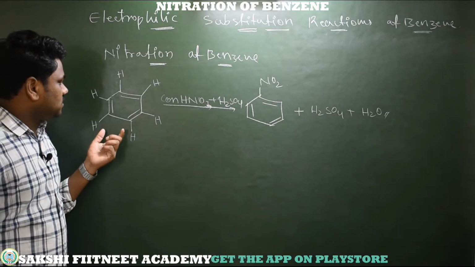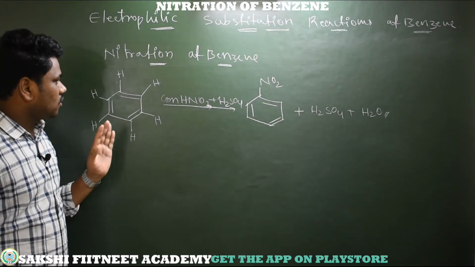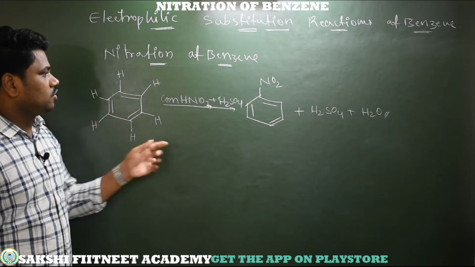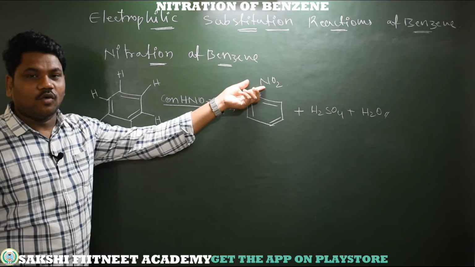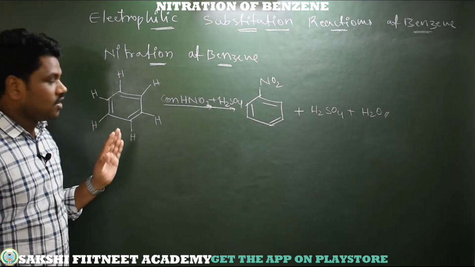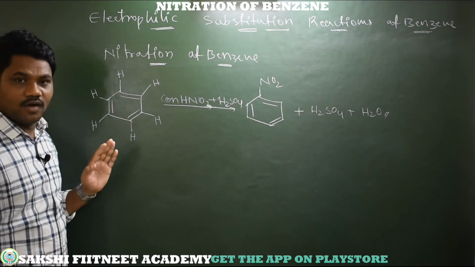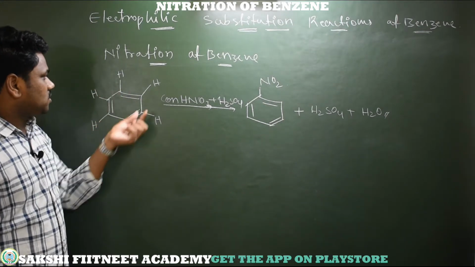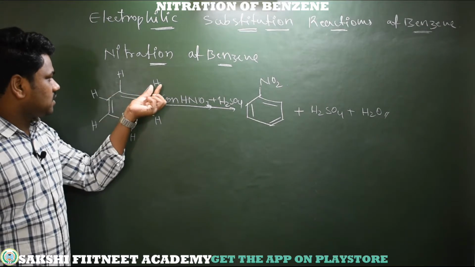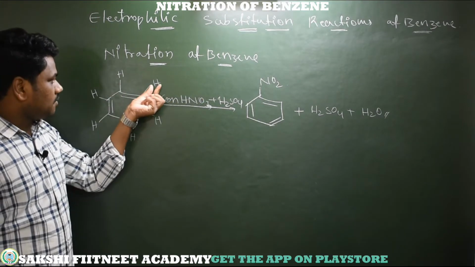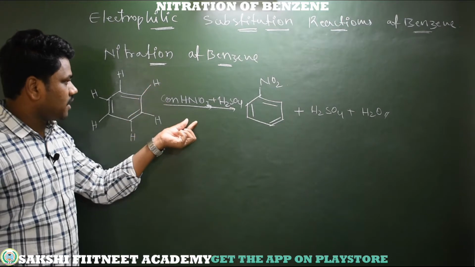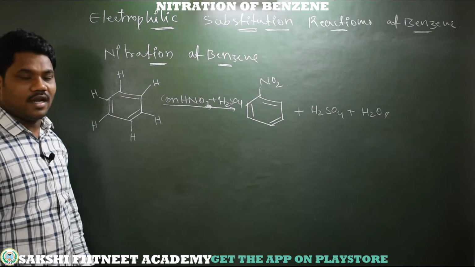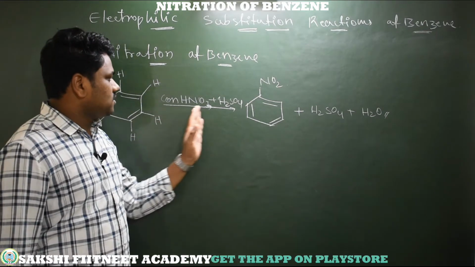Here in this compound it is only simple benzene, not substituted. So you can select any one of these 6 hydrogens to substitute the nitro group, because in the absence of a substituent there is no need to select a particular carbon, no need for regioselectivity. Simply, you substitute any one of these 6 hydrogens with NO2. I remove this hydrogen as H plus and substitute NO2 plus, which is called an electrophilic substitution reaction. So to get nitrobenzene, this is the reaction mixture.